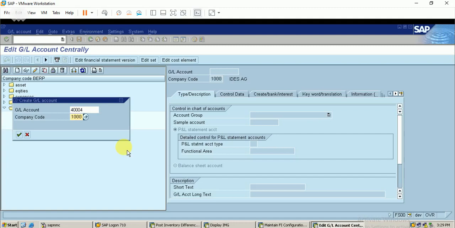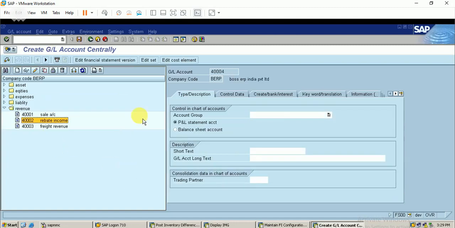I just click on enter. So this account is a profit and loss statement account, that too a revenue account. So this is the gain on inventory differences account.